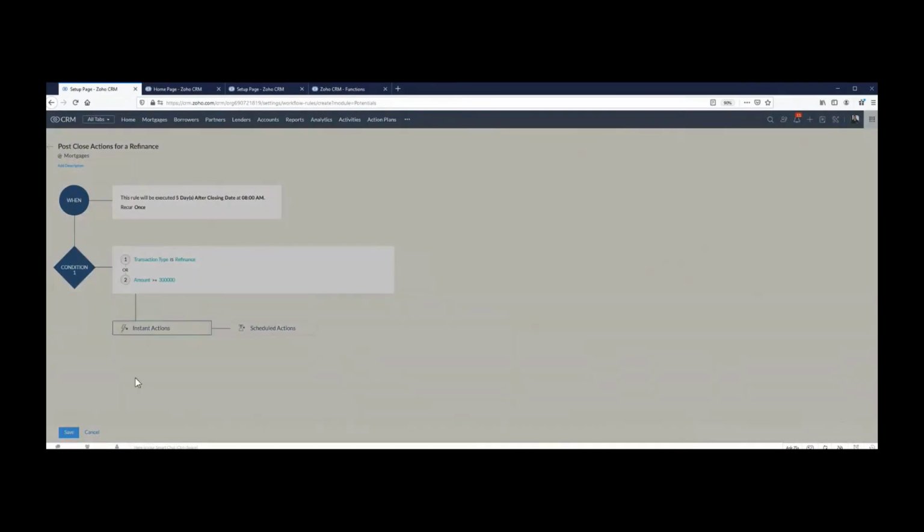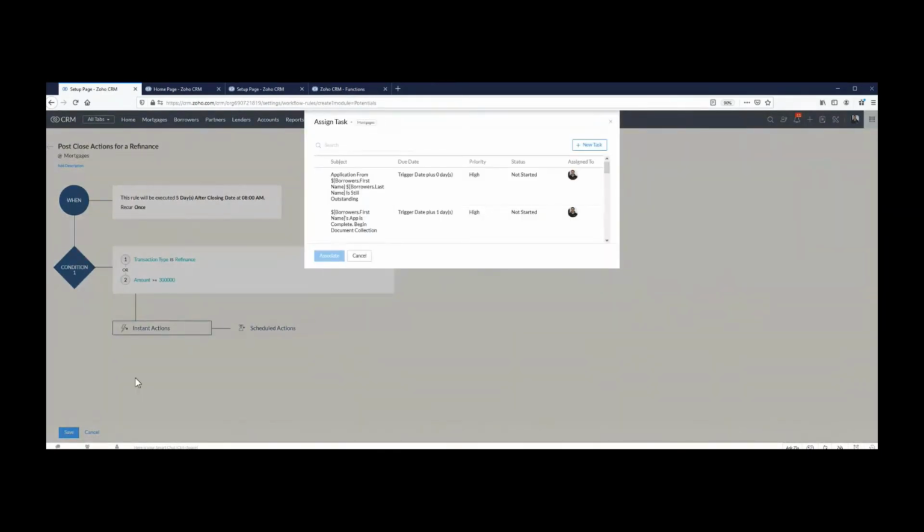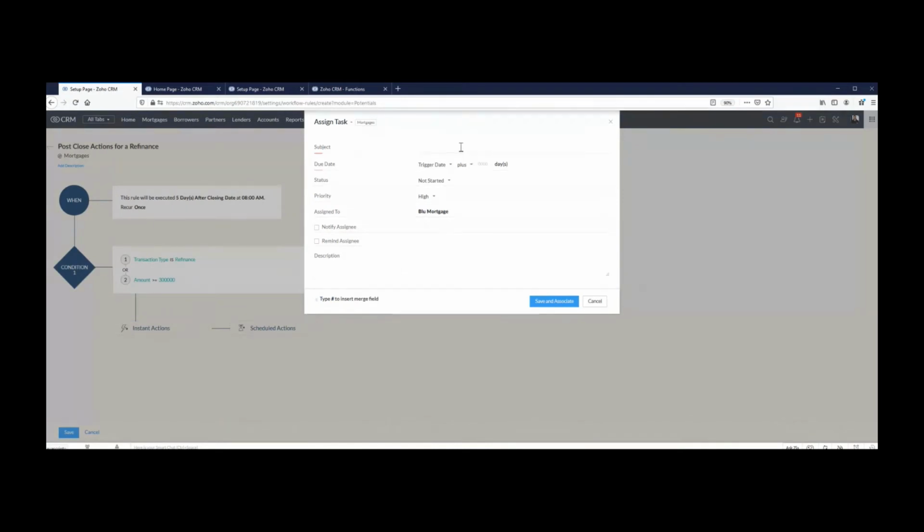Task, once again, this is very similar to just creating a task by itself, but I'll go through the exercise just so you can see all the options. So we can see create a new task, come into here and say, okay, new task. I set the due date of when it needs to be completed by, so 2 days. I could do it after the trigger date, right? So my trigger date right now is 5 days after closing, or I could choose any of the other fields